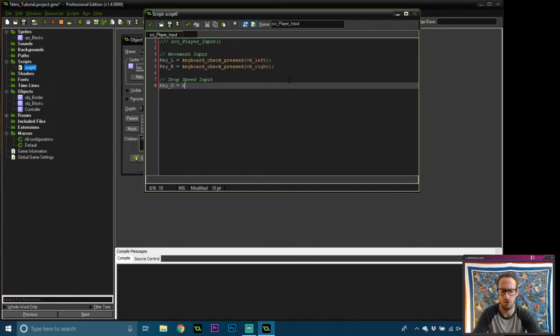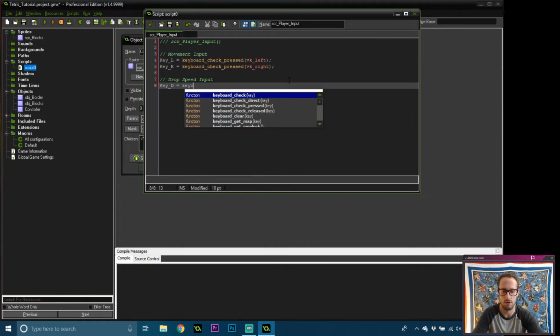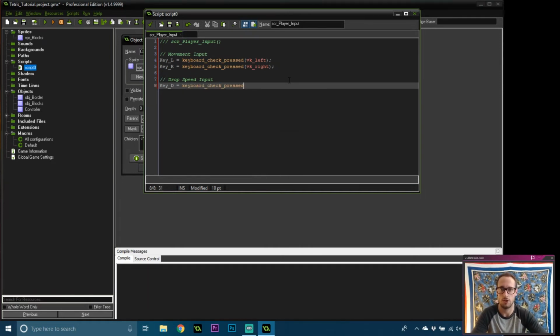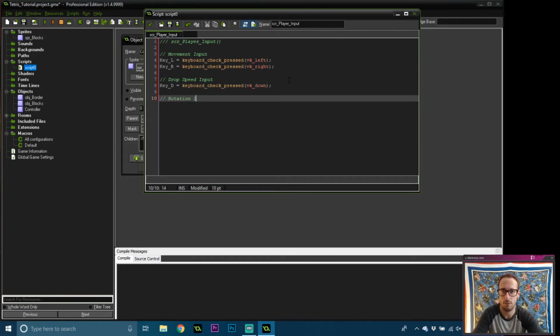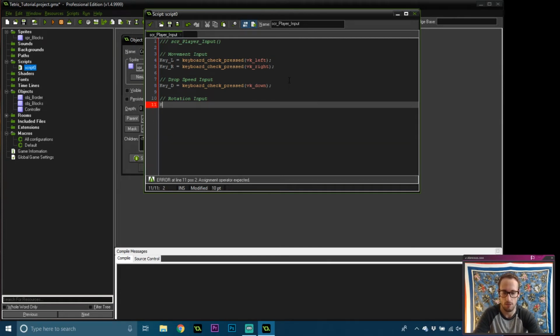Keyboard check pressed, VK underscore down. And we will have a rotation input, but again, we're not going to be using that today, but we'll put it in here anyways. This will be key up is equal to keyboard check